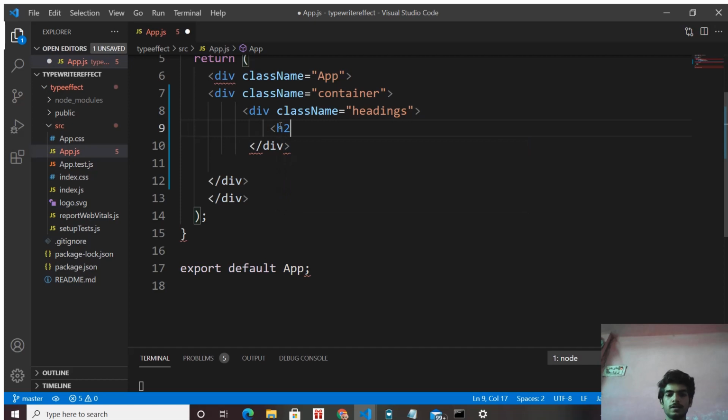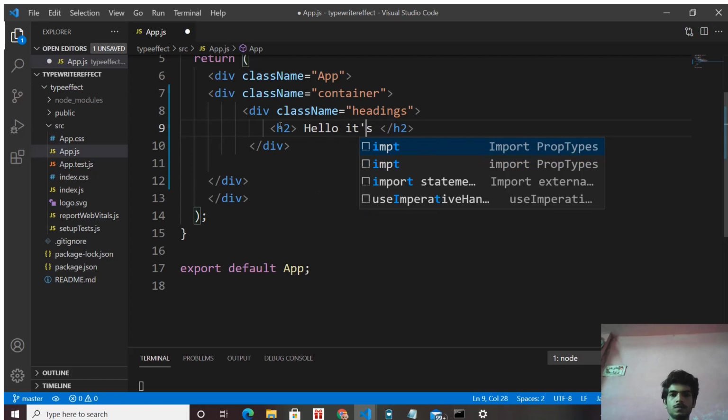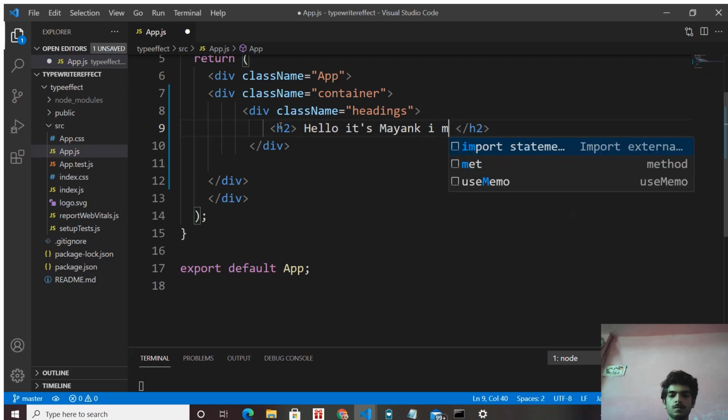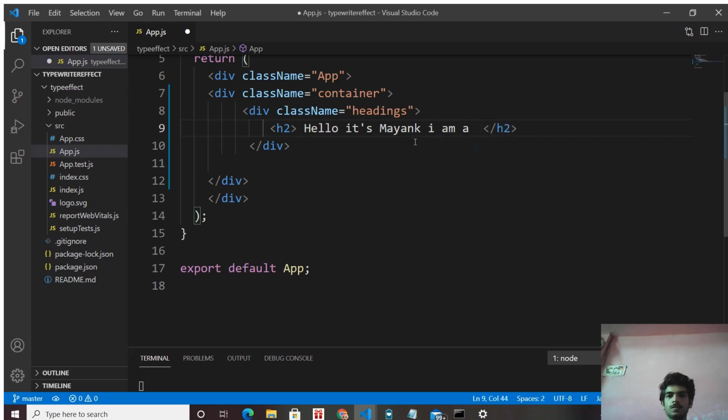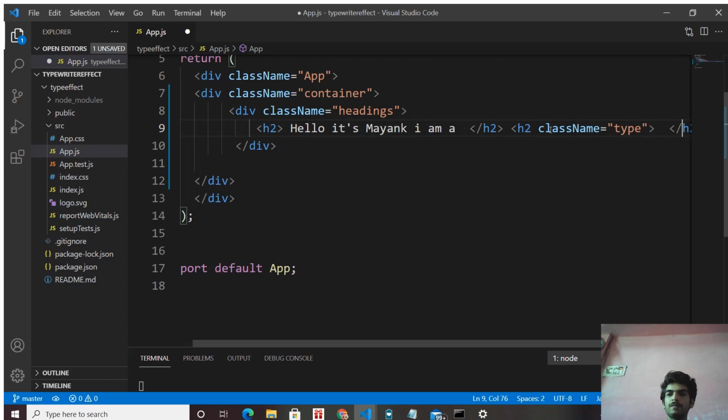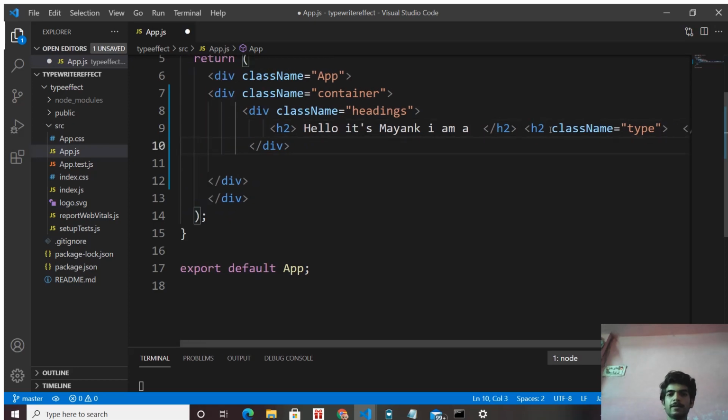Create an h2 tag. Create another h2 tag and give it the class name type, and in this h2 we will dynamically add our words with the typewriting effect.